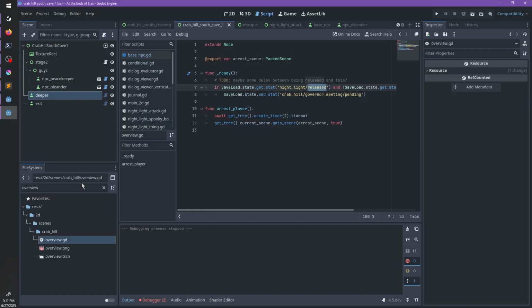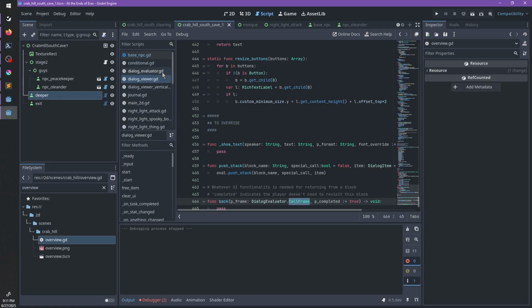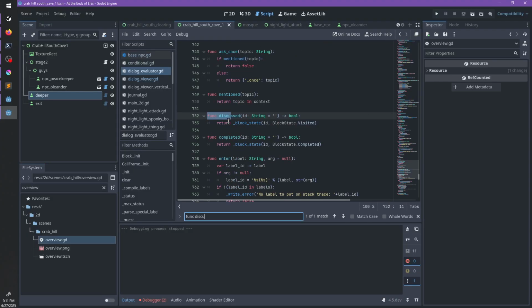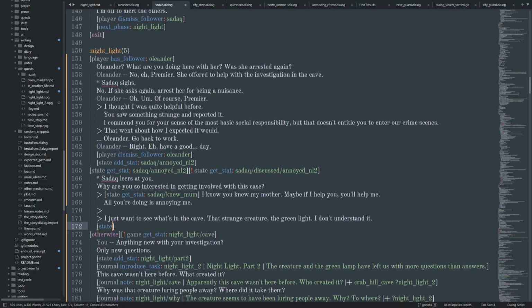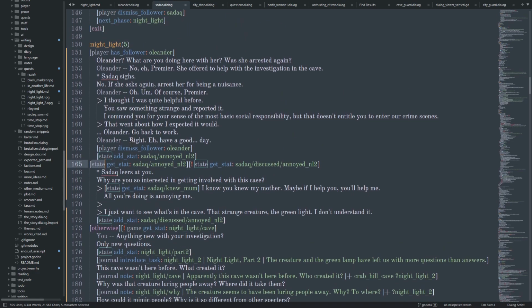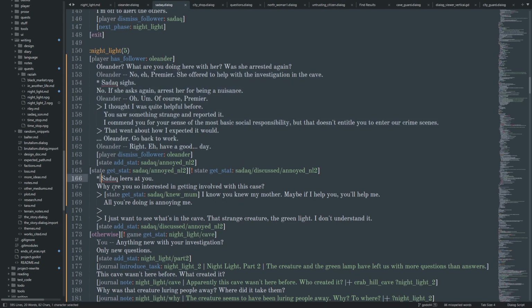Actually, is this how we do this? So if we go to evaluator, function disgust, block state visited. Oh, okay. Disgust is for something else. What I'll do here is just have that. There we go. Oh, wait. Okay. So this now means that we'll do this, and then you can either lead right into this, or you